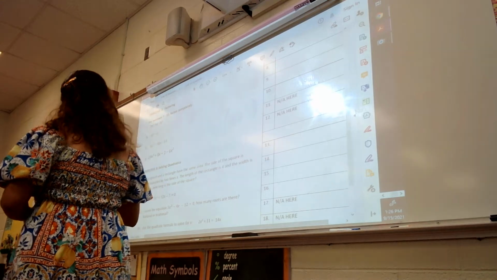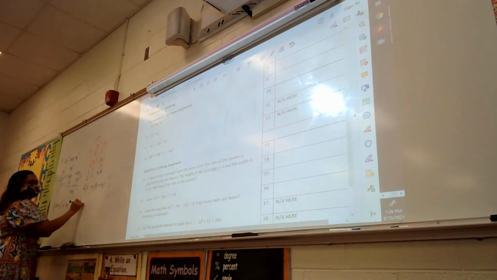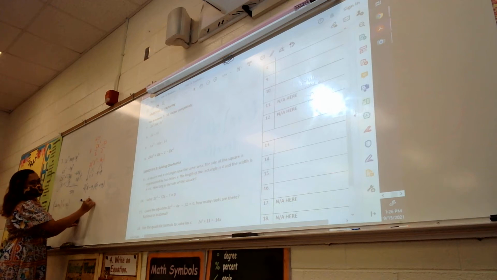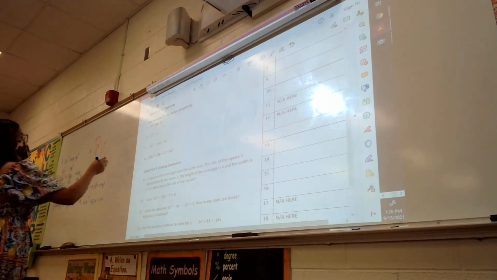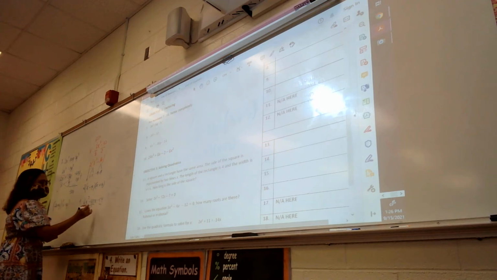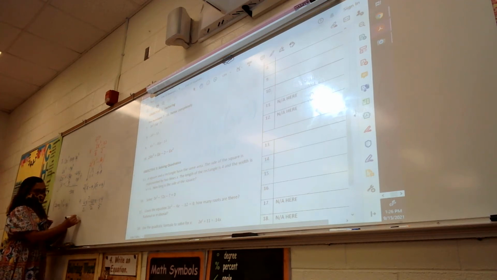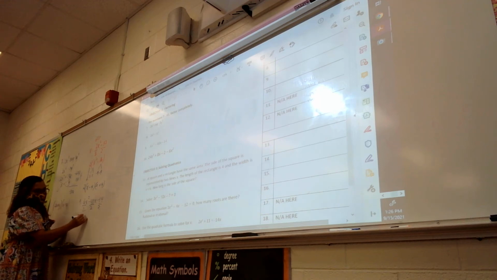Next, number 9. 6x squared minus 40x minus 14. Suggestion? Magic square. GCF first. What makes you decide that we need to do GCF first before doing the method? Because all the numerical coefficients are what? Even. That's it. That's the cue. They're all even numbers, so we need to divide it by the common term. What is their common term? 2. So we now have 3x squared